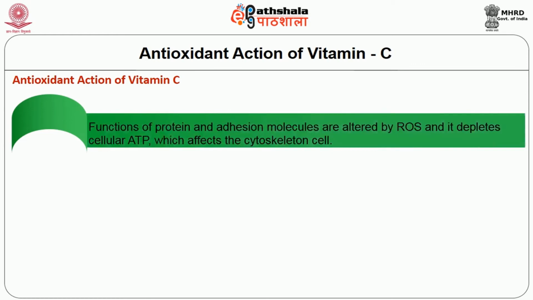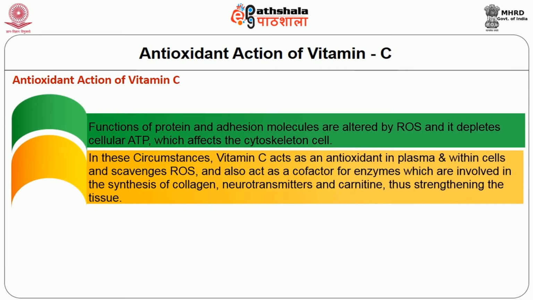Functions of protein and adhesion molecules are altered by ROS and it depletes cellular ATP, which affects the cytoskeleton of the cell. In these circumstances, vitamin C acts as an antioxidant in plasma and within cells and scavenges ROS